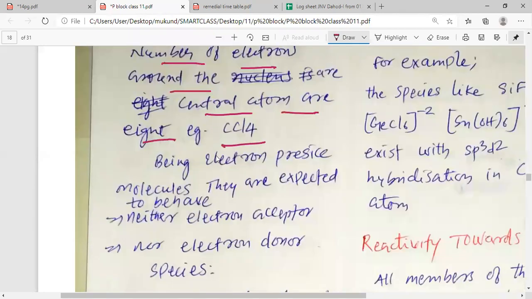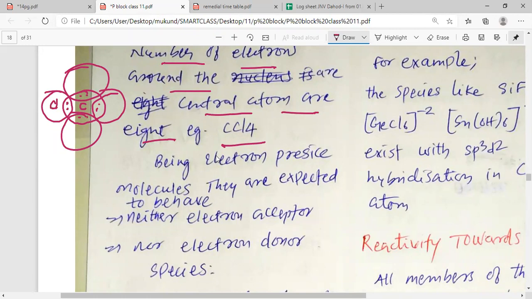For example, CCl4. You can see here we have CCl4, my dear students. We can show it this way. So here we have carbon. Carbon has 1, 2, 3, 4, 5, 6, 7, 8 electrons, with all the Cl around it. And you can see that each Cl also has 6 electrons present on it. This is very simple to understand. So this CCl4 has 8 electrons around carbon, and all chlorines have also achieved the octet.